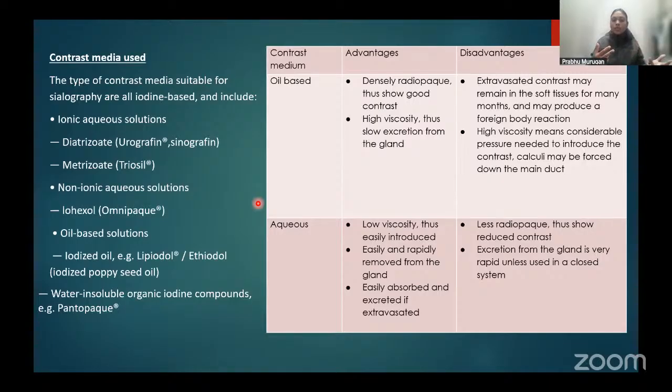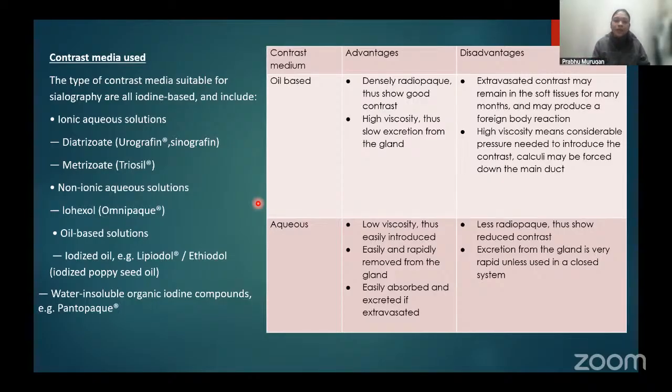And this low viscosity, so it can be easily introduced, so the flow of it through the duct is going to be very easy. That is the first advantage. Second thing is, it can be easily applied and easily removed from the gland, so this is another advantage. Third thing is, it is easily absorbed and excreted if it is in case of the extravasation lesions and all. No, it is very very easy. So these are the pros and cons of using an oil based and an aqueous based dye for contrast dyes